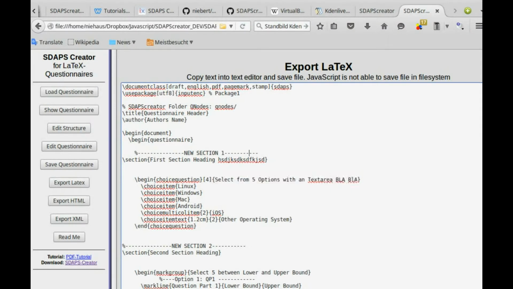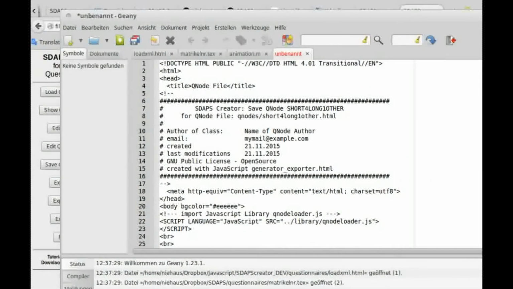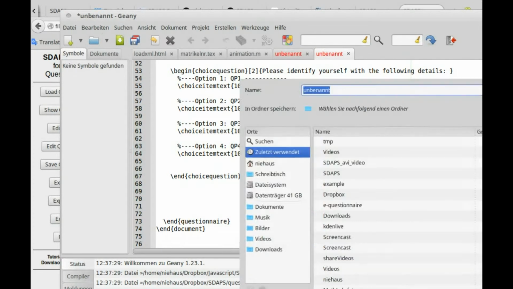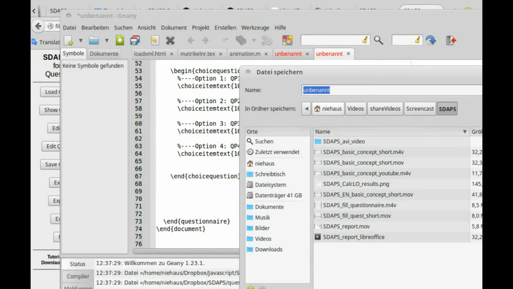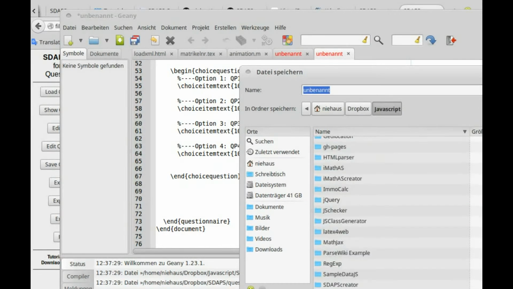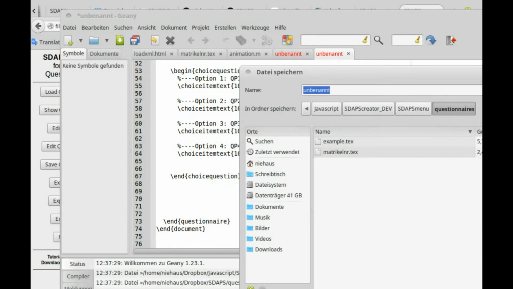But at least when you export this, you copy and paste it. You start, for example, Notepad on Windows, or Genie on a Linux system, or TextWrangler on a Mac system. You create a new document, copy and paste it, and then you save the document in SDAPS, for example, Dropbox, JavaScript, the SDAPS development there, SDAPS menu, and then in the questionnaire you save this as my new